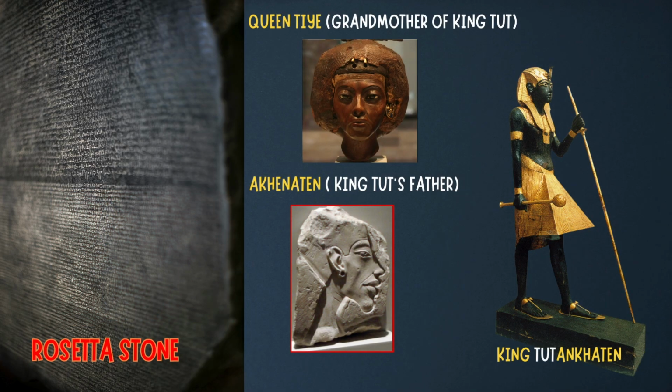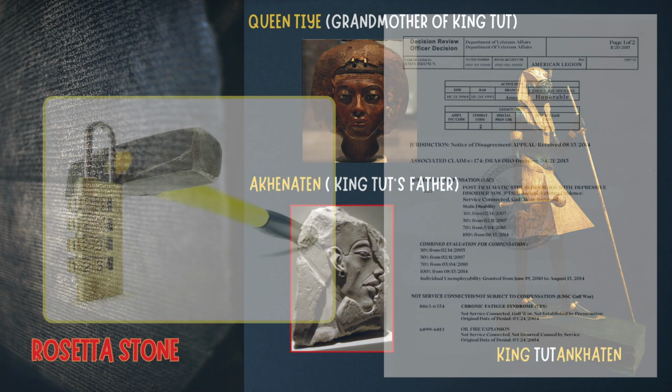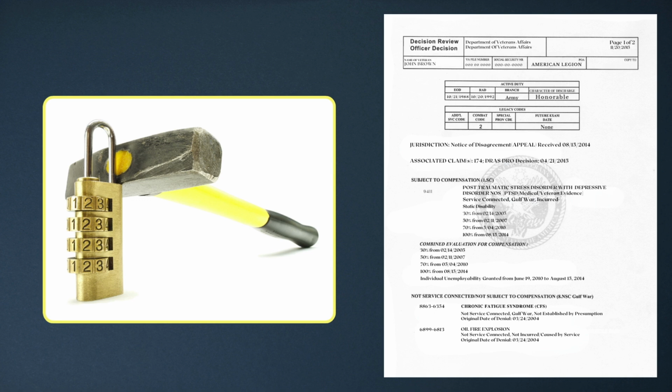Until recent times, the ancient language of the Kemet or Egyptians was a mystery. Then scholars were able to find the Rosetta Stone and break the code. As a result, they were able to find out the status of King Tut, his father Akhenaten, and his grandmother Queen Tiye. In other words, they were able to break the code and find out the historical relationships between these important figures. But we here at the H-Town Vet are trying to help you break other codes, those on the